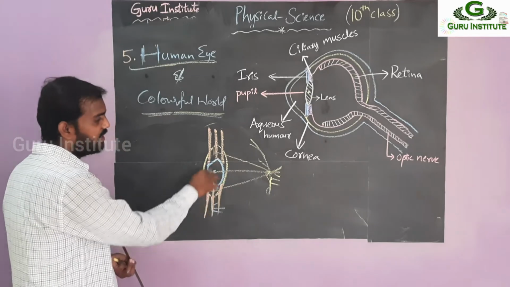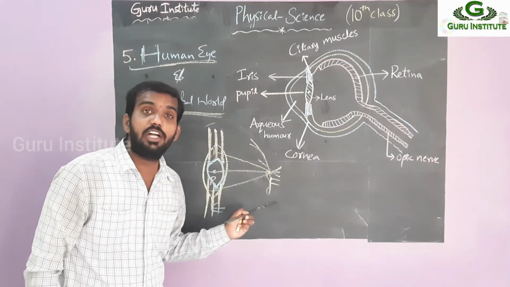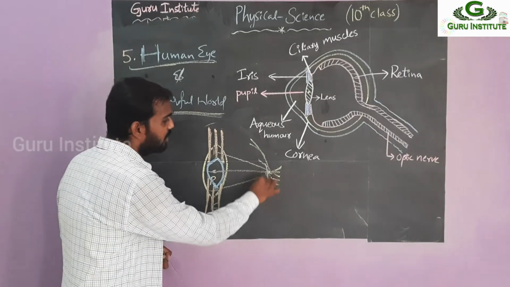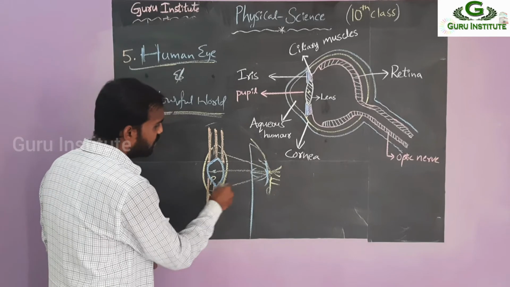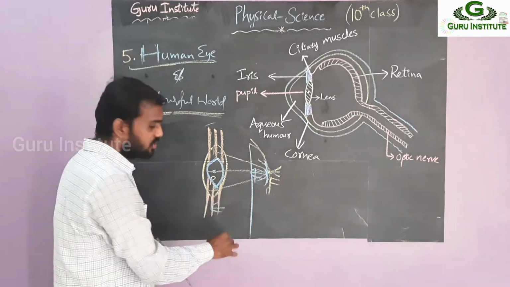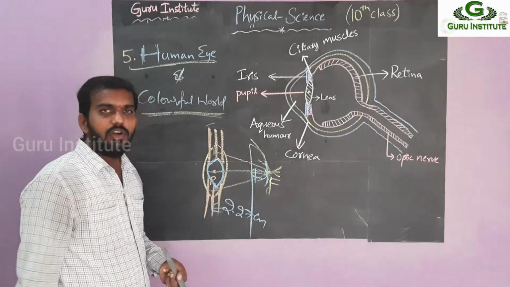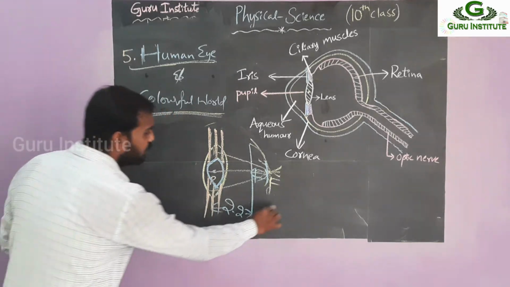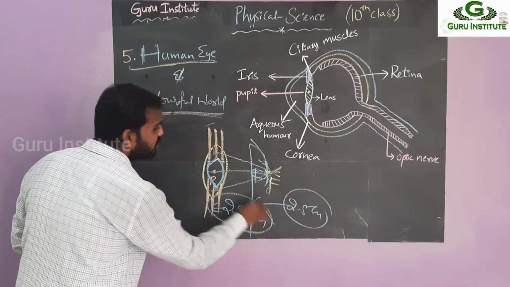The pole is not changed, right? Our eye lens is decreased like this. Then the lens is decreased, and automatically the focal length also decreases. So the focal length is decreasing a little bit, coming up to here. So now this is the focal length point, which is 2.27 centimeters. How much is it decreasing? The actual is 2.5, and from here it is decreasing to 2.27.